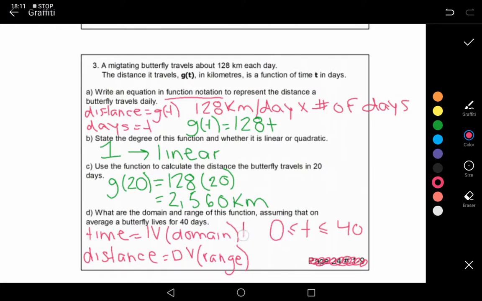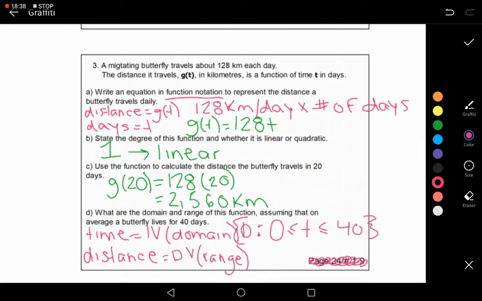So our domain is 0 is less than or equal to t, which is less than or equal to 40. Again, we can read that from the center to make sure it's correct. So t is greater than or equal to 0. Remember, t is days, the life of this butterfly, and t is less than or equal to 40